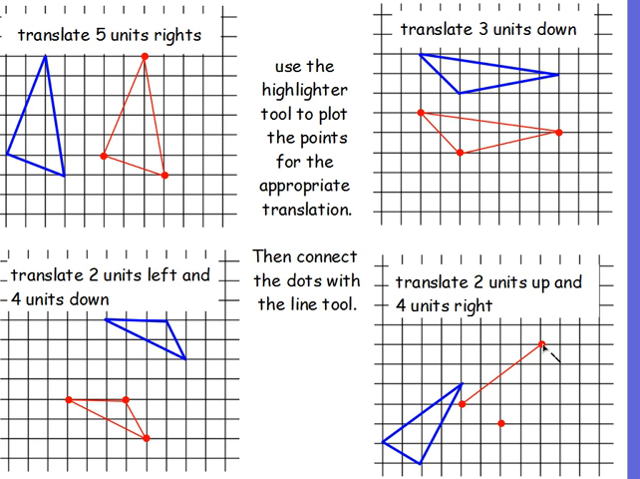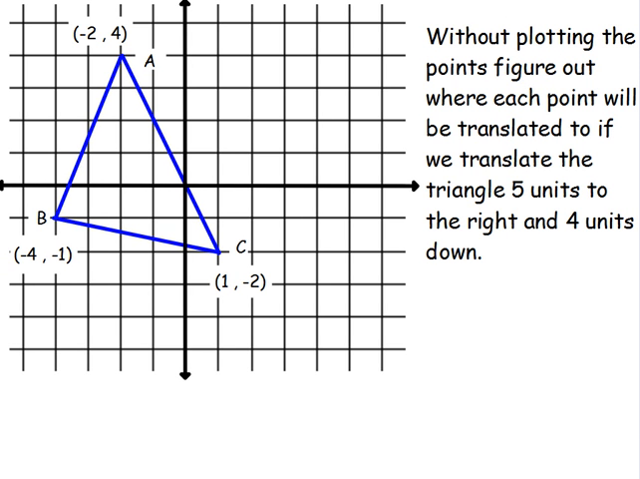So after we connect our points, that's how our shape should look. Alright, let's take a look at what's next. Now, without plotting the points, figure out where each point will be translated to if we translate the triangle 5 units to the right and 4 units down. So all that means